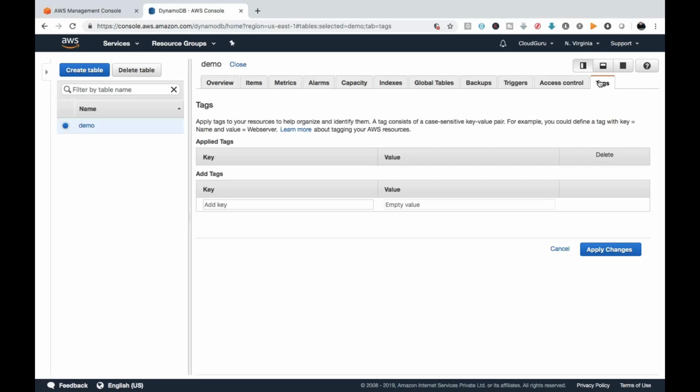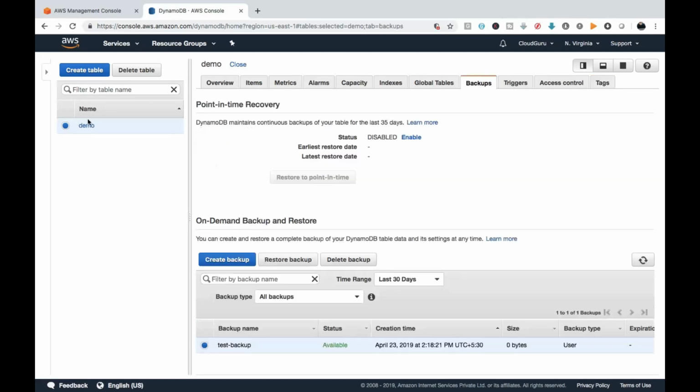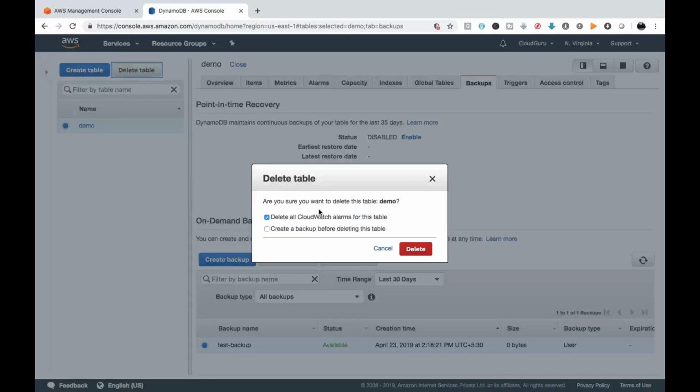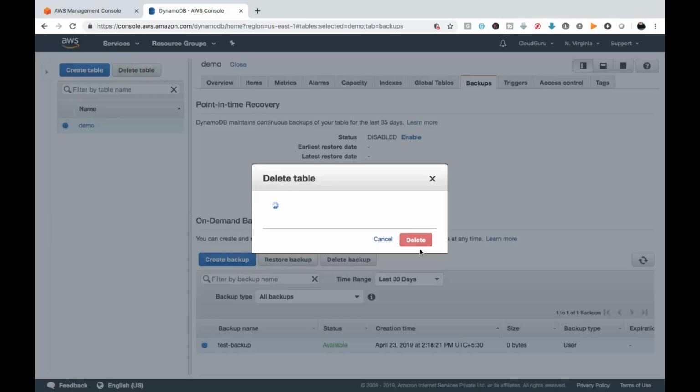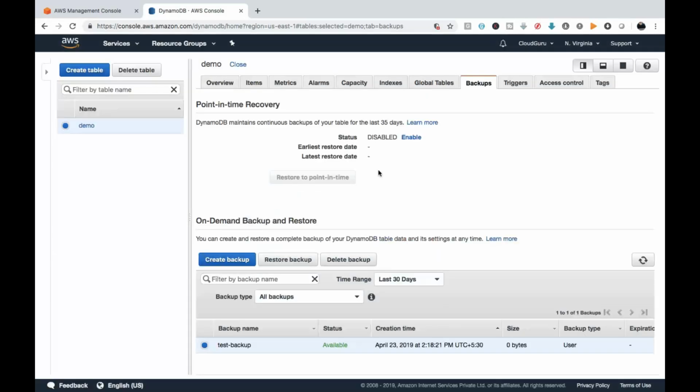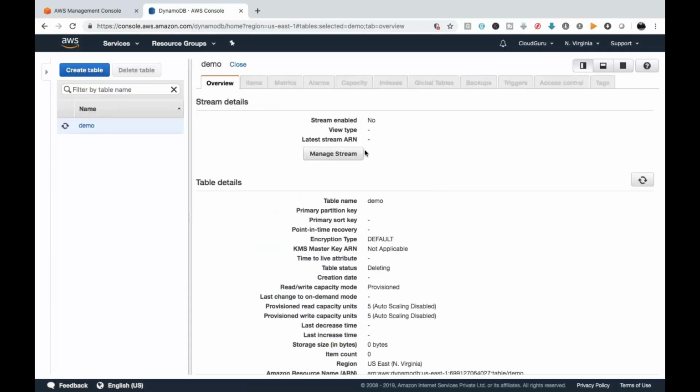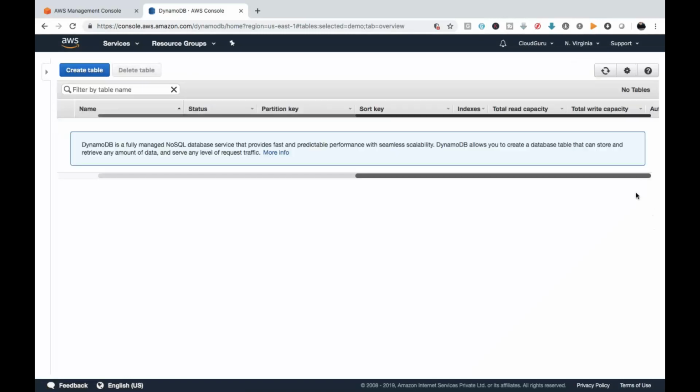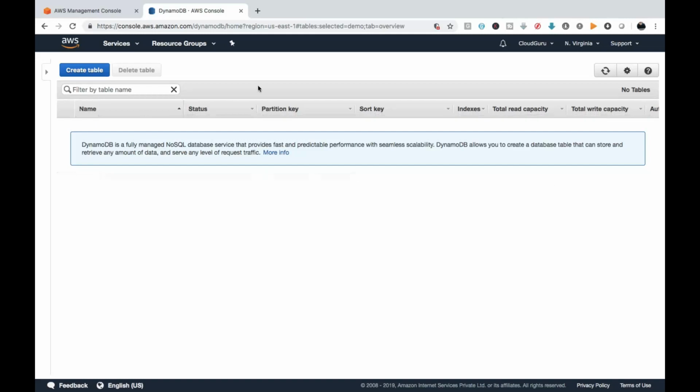So I'm just going to show you, we have already taken the backup. Now I'm just going to delete our database. The demo database is our existing database. I'm just going to click delete, and after deleting the data, we will revert it. We will recover from the backup part. Okay, it will take some time. Now see, no tables are available, right? I'm just going to click on the back option,